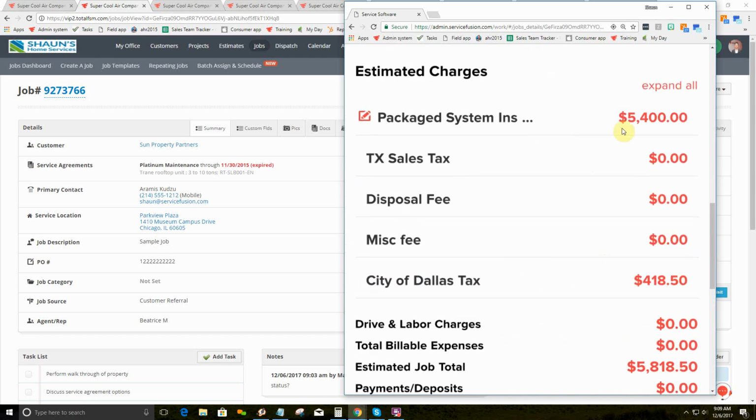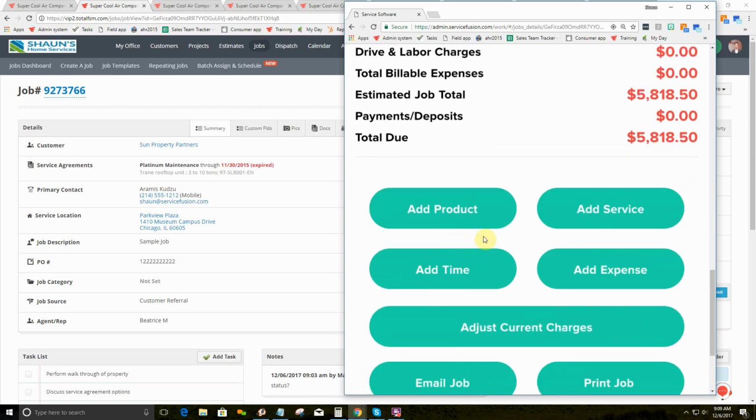Now the neat thing about this is that it gives them a preview of the work order. So this way, if they added something by mistake, they can go back in and fix it before it gets to the invoicing stage. Now, the product catalog works very, very similar, but a lot of our customers like to